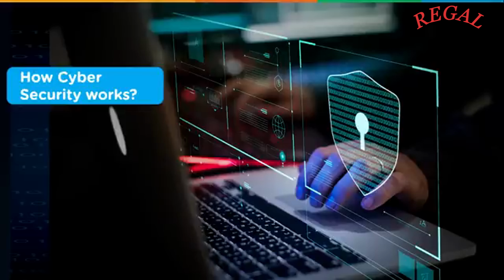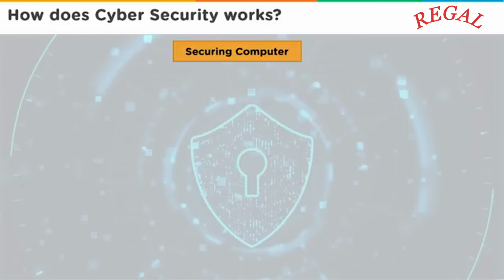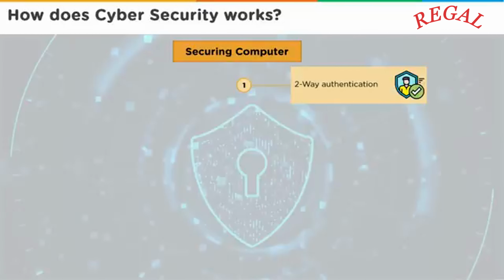Now, let's see how cybersecurity works. It's all about securing a computer, and there are various methodologies and various factors that come in on how you're going to secure various aspects of the same computer. We start off with authentication mechanisms. Authentication is the part where you identify a person, authorize that person for some access controls, and authenticate that person to ensure they are who they claim to be.